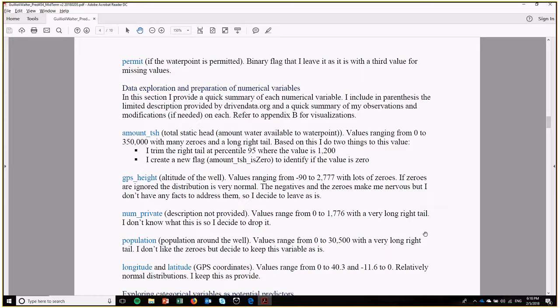There's a couple of these, and for example, this one is just the amount TSH, the amount of water available at the water point. And you see a very big range from 0 to 350,000 on this one. You have a long tail, so I trimmed this at the 95th percentile, very subjective. I usually do 95 or 97, and there's a lot of zeros. So I created a flag to see if the value of 0 is a predictor or not. I guess I didn't even need that because the 0 will be there in the value, but I decided to